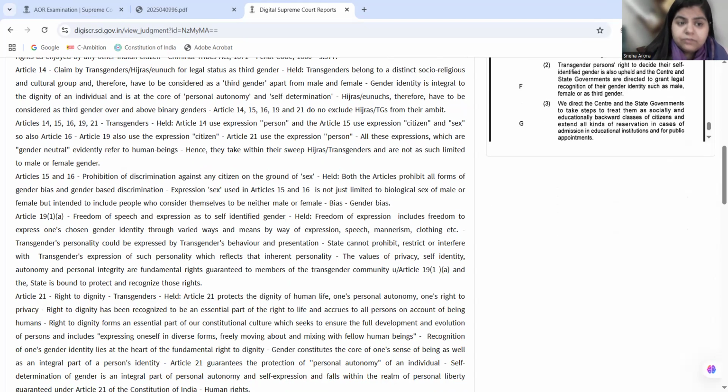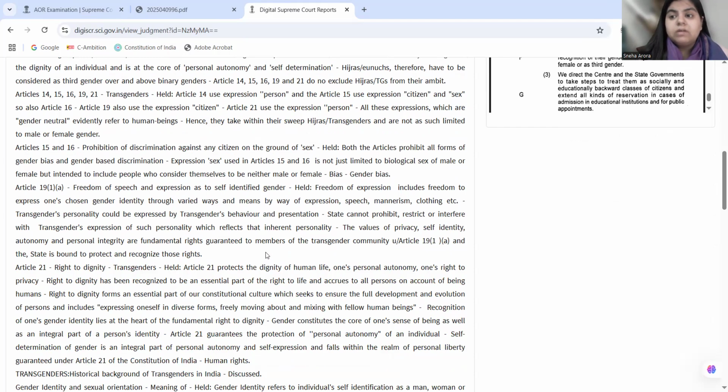So on Article 15 and Article 16, we do have a clause that there shall be no discrimination on the ground of sex. Therefore, even if I do not want to identify myself as a biological male or a biological female, I will not be biased because I am not sticking to the binary. So the Supreme Court herein is officially